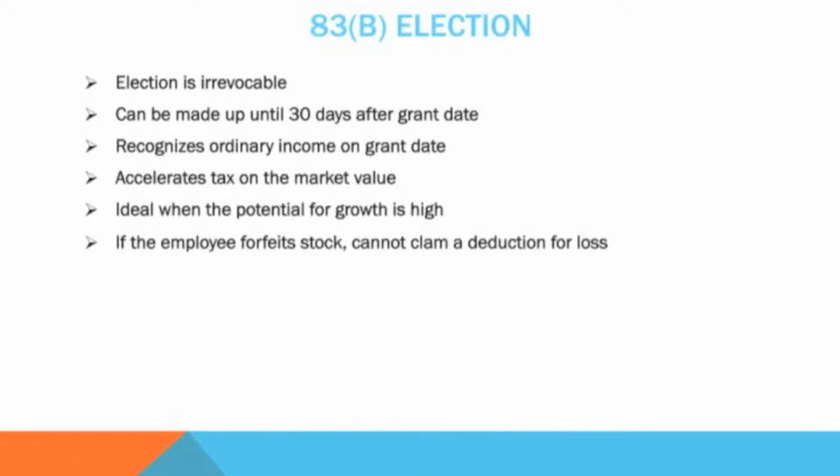As a tax planning strategy, delaying taxes incurred is usually preferable. Although, if the fair market value of the stock is expected to grow considerably, this option may be advisable. Making the election will transfer ordinary income into long-term capital gains. However, if the election is made and for any reason the stocks are forfeited, the employee cannot deduct the loss on the forfeiture. Accordingly, the risk in selecting the 83(b) election is that the employee may end up paying taxes on value that was never received if the employee forfeits the stock.